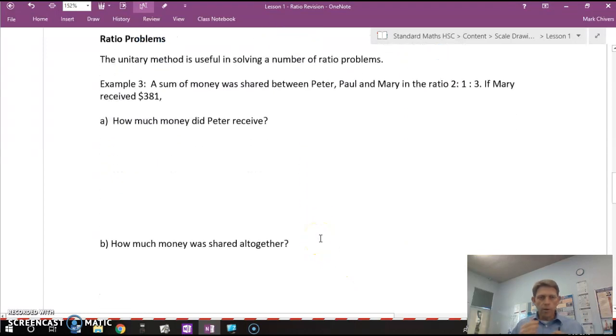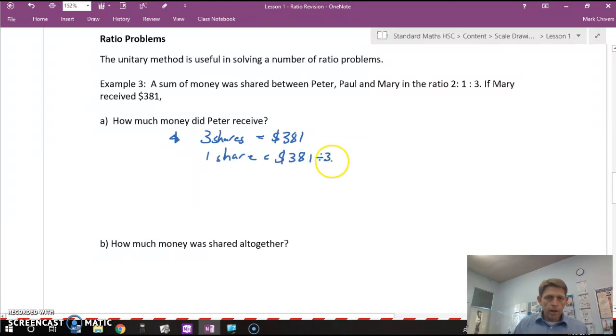Now, with ratio problems, often you'll use the unitary method or something like that. So if a sum of money was shared between Peter, Paul and Mary in the ratio of 2 is to 1 is to 3, with Mary receiving $381. So Mary got 3 shares and that was $381. So 3 shares equals 381. So 1 share is just that 381